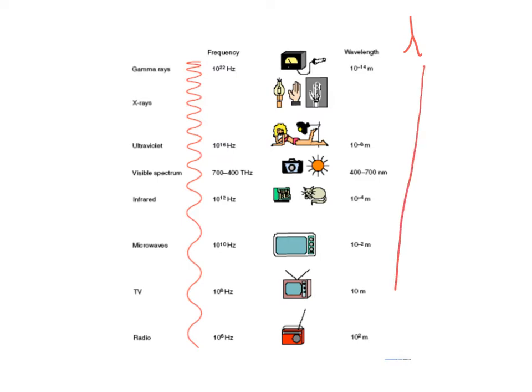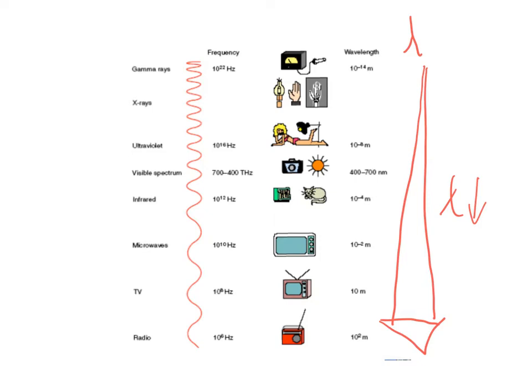So the wavelength increases going from gamma radiation all the way through to radio waves. So radio waves can be tens of meters, hundreds of meters, even kilometers long,